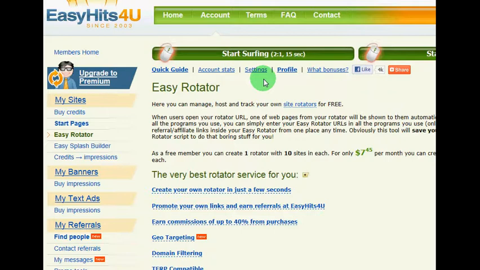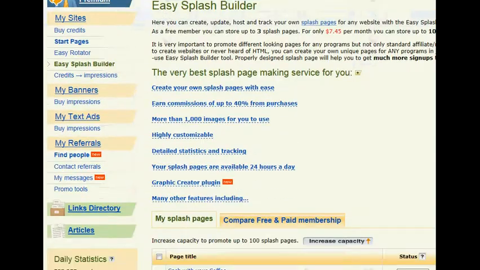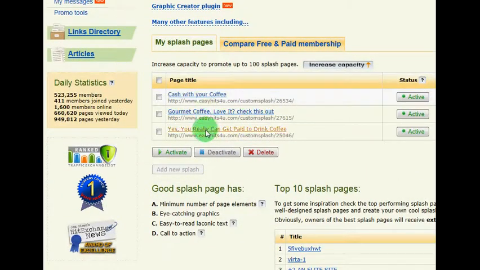Now the site where you can create 3 free splash pages is easyhits4u.com. Once you've registered your free account and you log in, you would click on Easy Splash Builder and then scroll down. I already have 3 here, but you would click to add a new one. It reads Add New Splash, and that's how you would get to the right page to start your